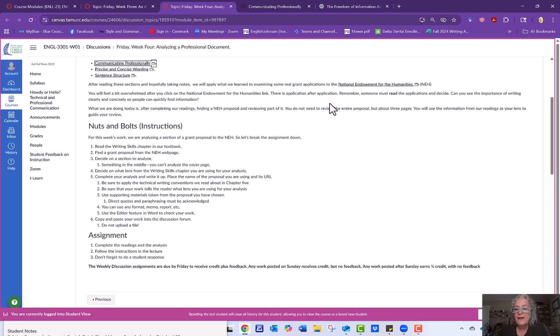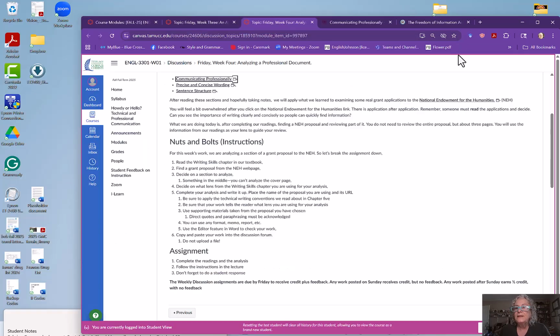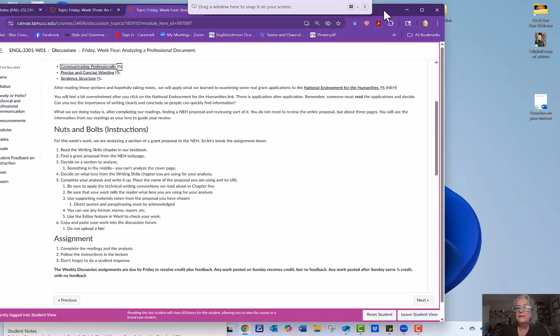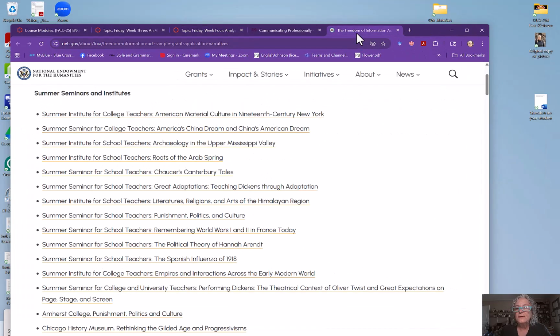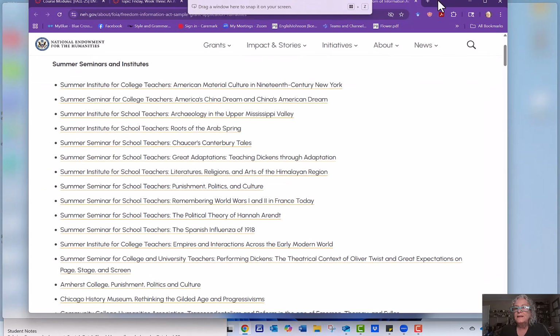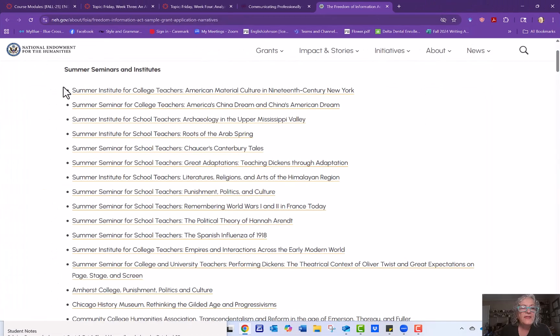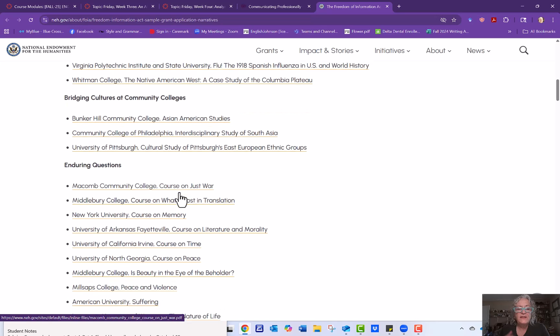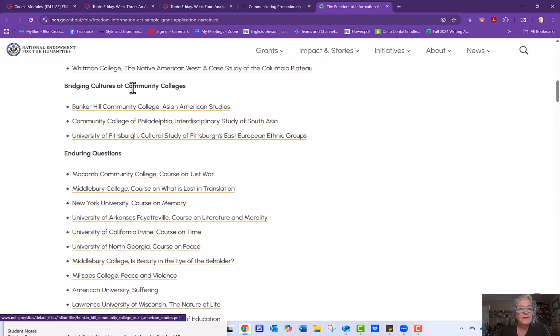That's what you're looking for a professional document for. Here, the National Endowment for the Humanities is, I need to move this a little bit. Okay. It was hidden. These are not the proposals. These are the calls for proposals. These are some the National Endowment for the Humanities is funding.